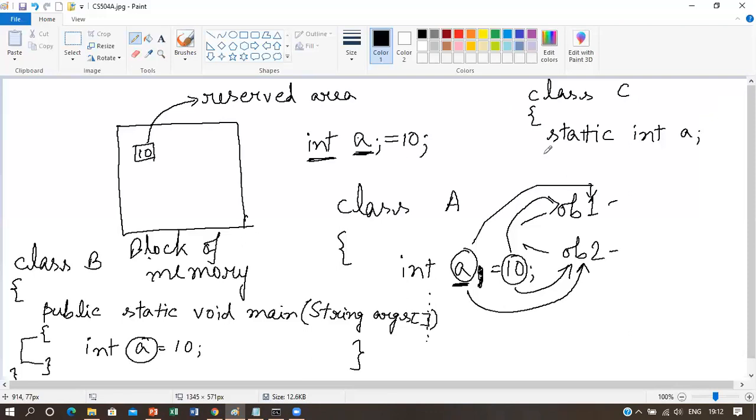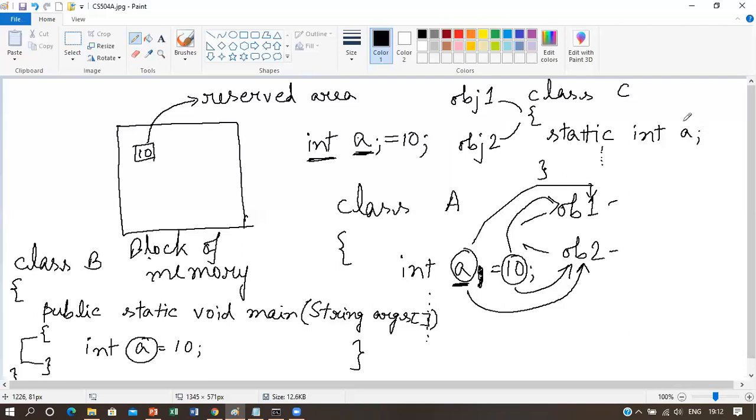That means suppose we have created two objects of this class, obj1 and obj2. So we have seen here in the instance variable concept that ob1 and ob2 will have two different values of this instance variable a. That's why this variable's name is instance variable. But whenever we are using a static keyword before it, it becomes a class variable, and the same value of a, or the same instance of a, will be shared by all the objects that we will create from this class.